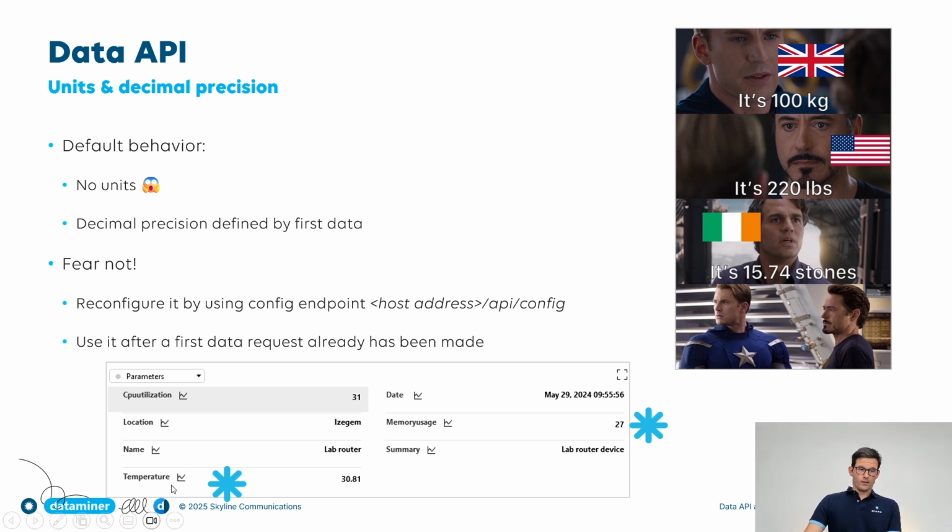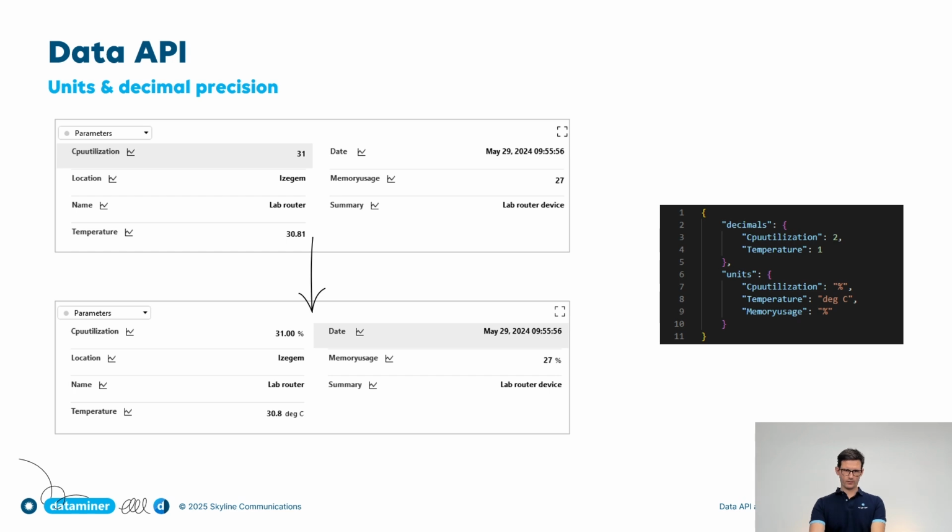Temperature, you probably want to have degrees there. Memory utilization, I don't know, percentage, number of megabytes used. We'll have to configure that to make that visible. So at the top, we have the default behavior, no units, and the default precision. If to the config endpoint you specify decimals and the units, we'll change that